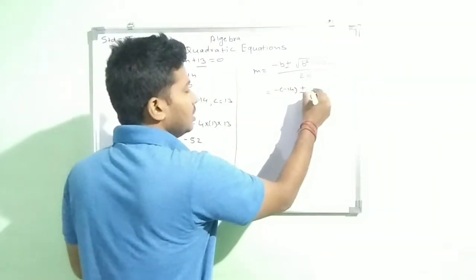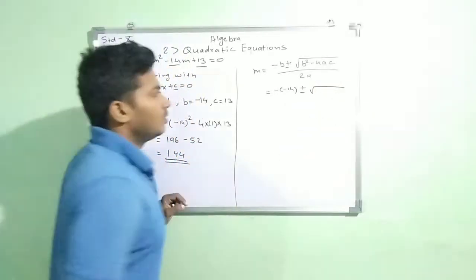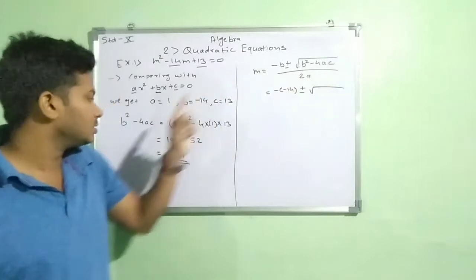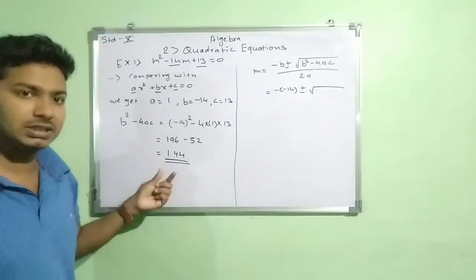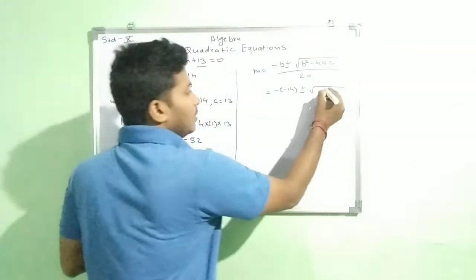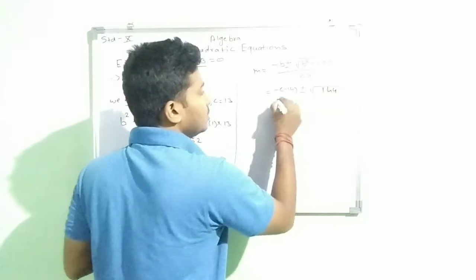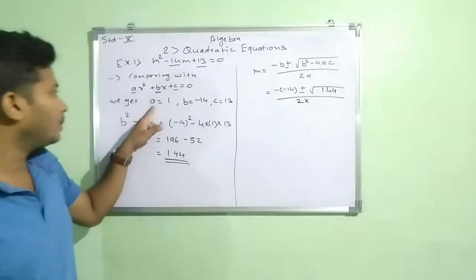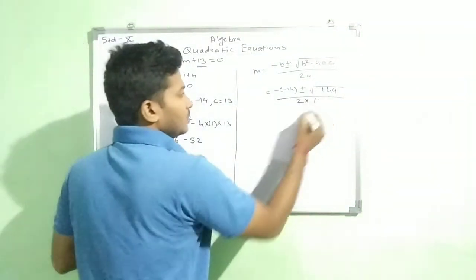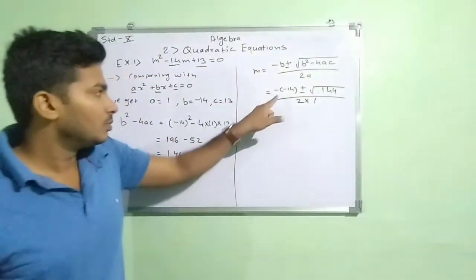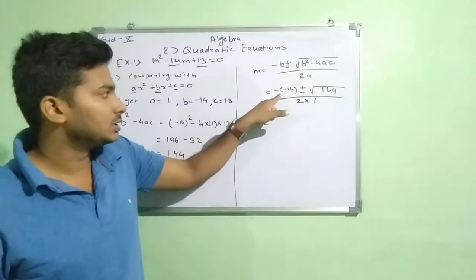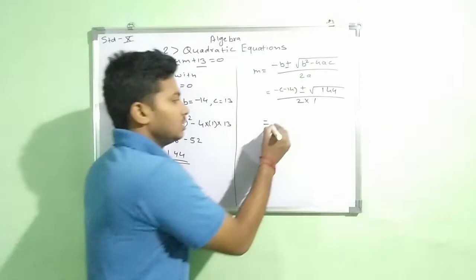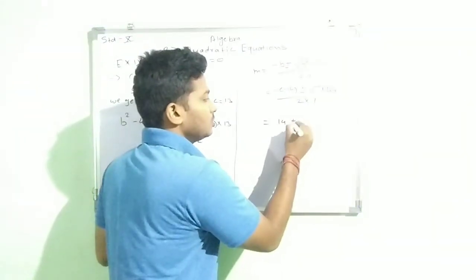Now we have to substitute the value of b square minus 4ac in the under root side. So the value of b square minus 4ac is 144. So it will be 144 inside the under root divided by 2 multiplication. The value of a is 2. So now minus 14, this is a multiplication. So minus multiplication minus will be plus. So it will be plus 14 plus or minus.